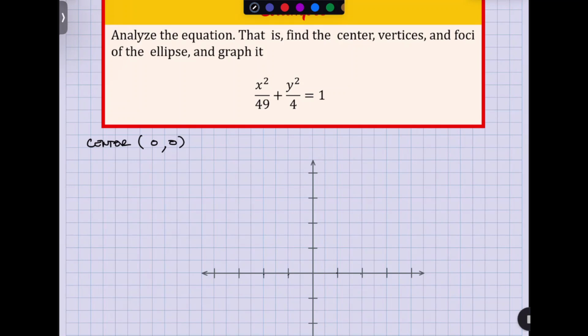Is this going to be elongated along the X or along the Y? Is it elongated along the X or the Y? X. Why? Because the larger number is under the X squared. Okay? So because of this,